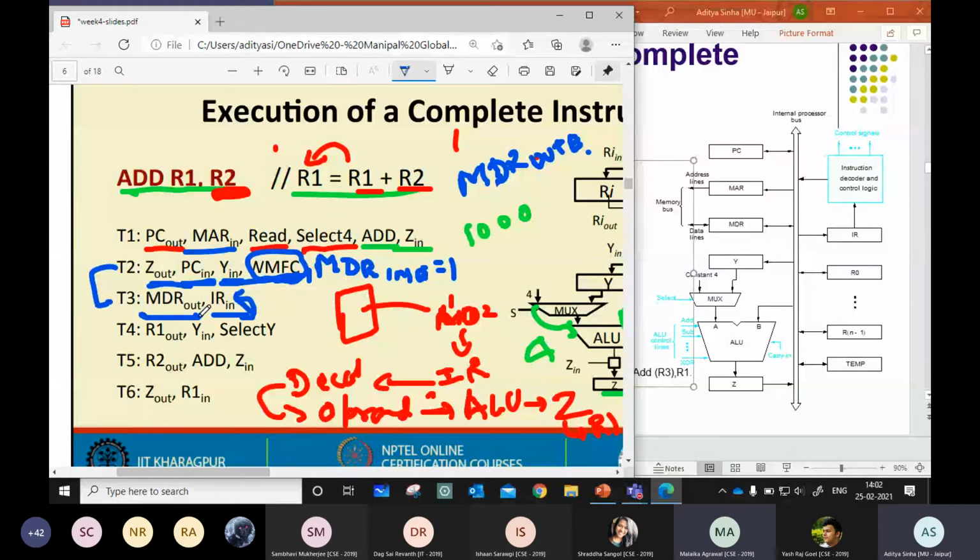No, I'm asking. Okay, so that's why we are using MDR out and not MDR out E. When will we use MDR out E or in E? When we need data from an external source, like when it's not inside the bus. Is this clear with everyone? Why out and why not out E?